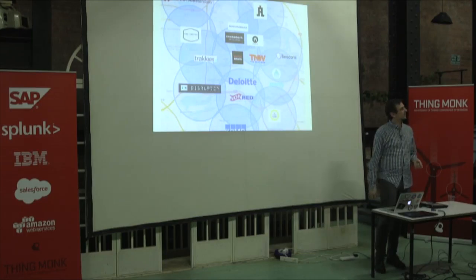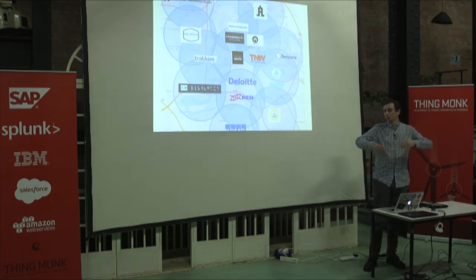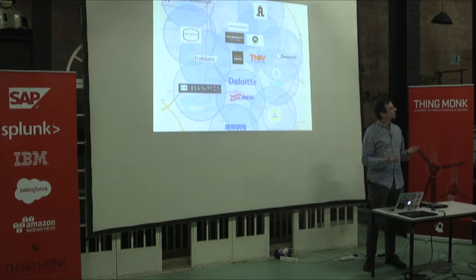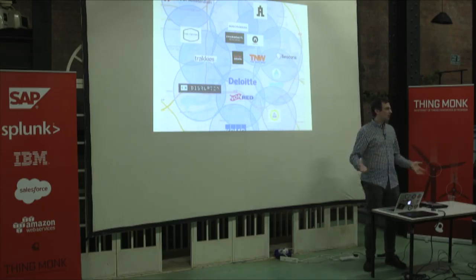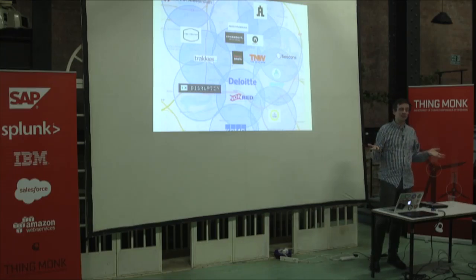Now, the range of this thing is somewhere between 2 kilometers in a city environment and 10 kilometers in a rural environment. It utterly depends on all of the metal and concrete and everything else that's in between the node and the gateway. It's not going to be much different to all the other IoT low power wide area networks that you run into, because they're all based on similar technology with similar constraints. But